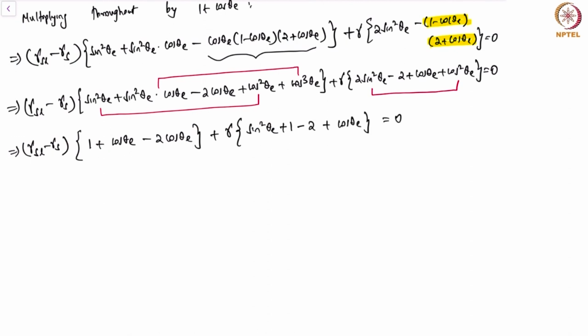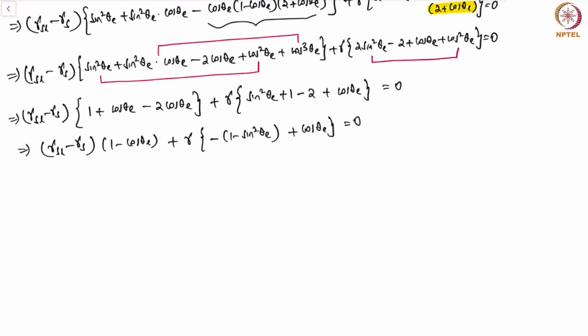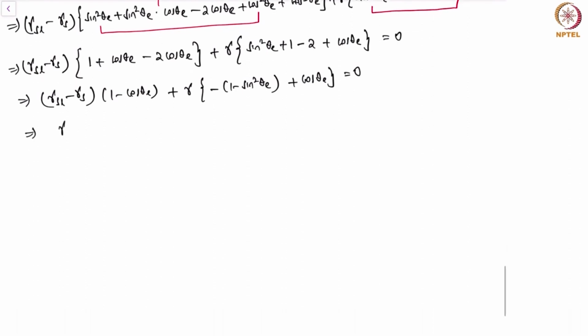This is 0, and therefore we simply have gamma SL minus gamma S of 1 minus cos of theta e plus gamma of, I have sine square theta minus 1, so that is minus of 1 minus sine square theta plus cosine of theta e is 0, and this further simplifies to